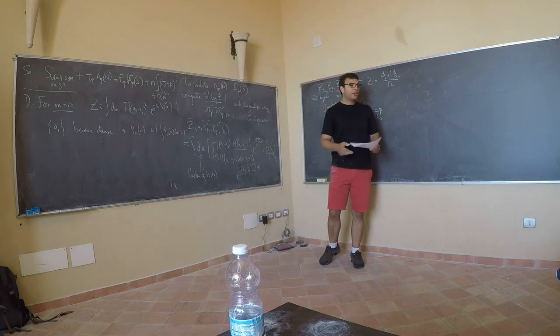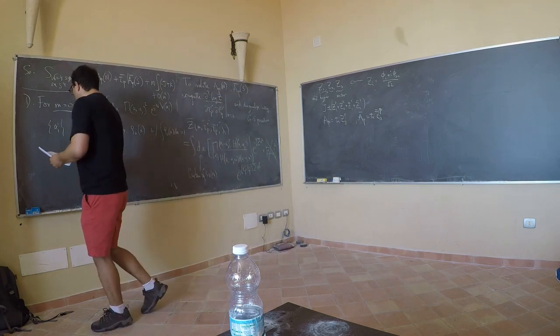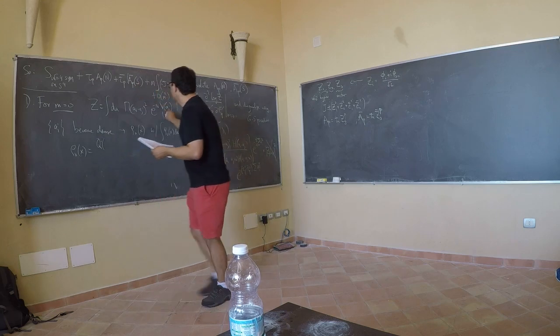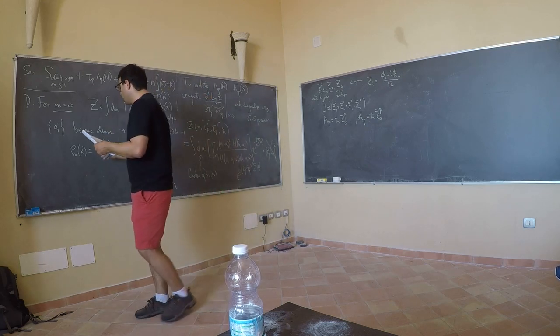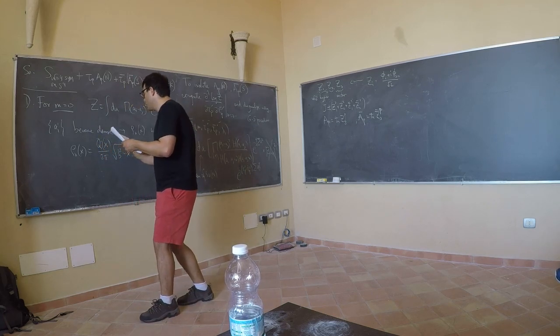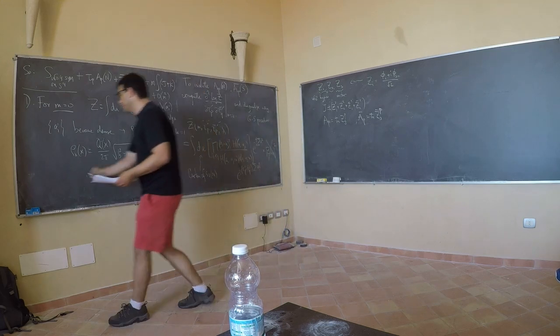And there are matrix model techniques that determine what this rho 0 is. In particular, for any polynomial potential, rho 0 is another polynomial that I'll call q over 2 pi times the square root of b squared minus x squared, where b is a number that needs to be determined. And q is a polynomial